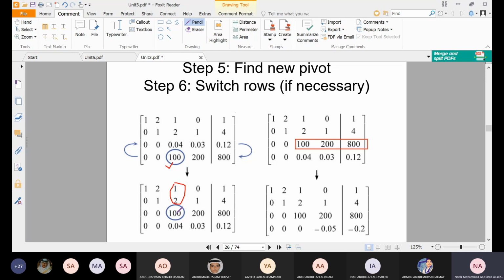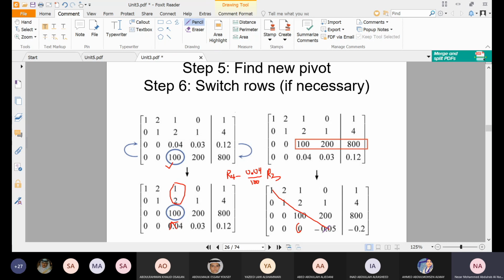So this 100 is now the third buff. To eliminate this one, I will use the old R4 minus the ratio, which is 0.04 over 100, multiplied by R3. So this is R4 and I want to cancel this coefficient. I multiply by 0.04 over 100 multiplied by R3. In this coefficient, I will get 0. Now the matrix becomes